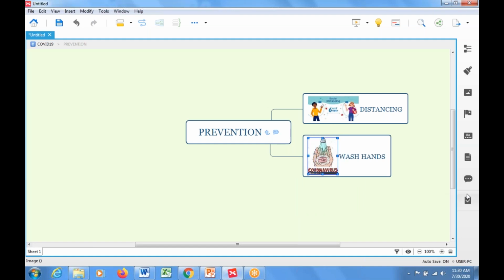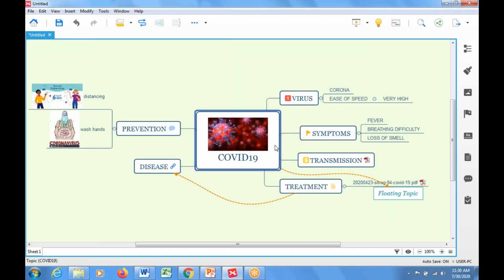So once you have prepared this particular branch thoroughly, now what you can do is that you can take this branch back to the main mind map. So click on this arrow, drill up, click it. It will go and join the original mind map. So this way also you can work on an individual branch, then you can bring it back and add to the mind map. That's also permitted.